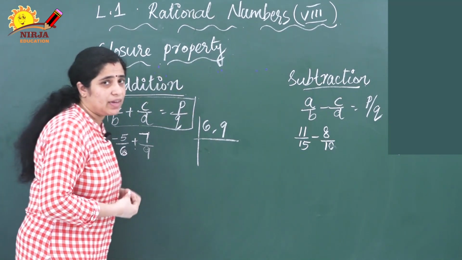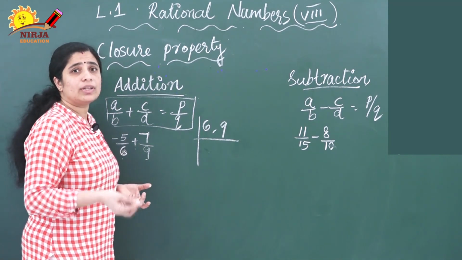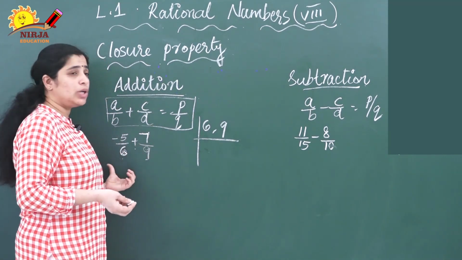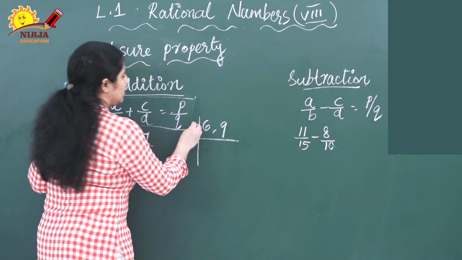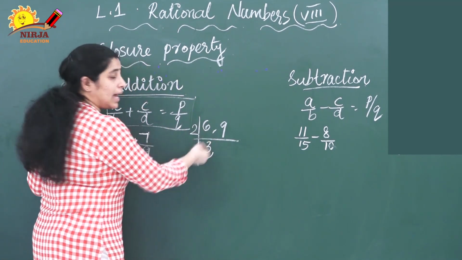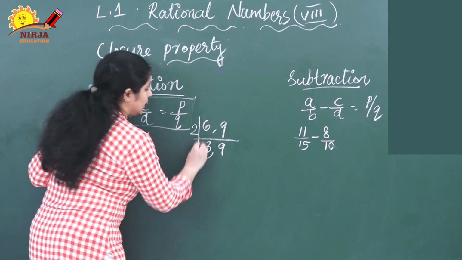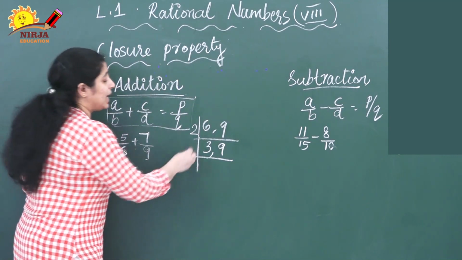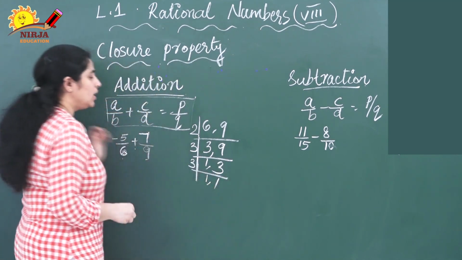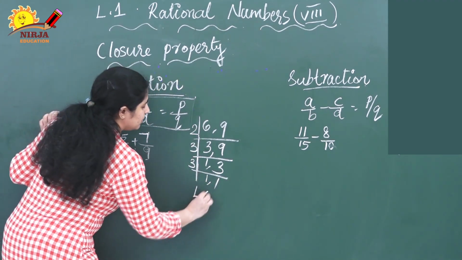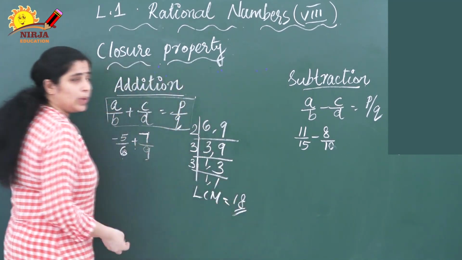Addition and subtraction, already we have discussed how we have to do. Here first we have to change the denominator. For that we have to find the LCM of these two numbers, that is 6 and 9. I am going to find the LCM of 6 and 9. Here 2. 3 2s are 6, 9, it is not possible for you to divide 9 by 2, so I will keep it as 9 only. Now you can divide these two numbers by 3, 1 and 3. Again by 3, 1, 1. Then what will be the LCM of this number? 3 3s are 9, 9 2s are 18. So the LCM will be 18.